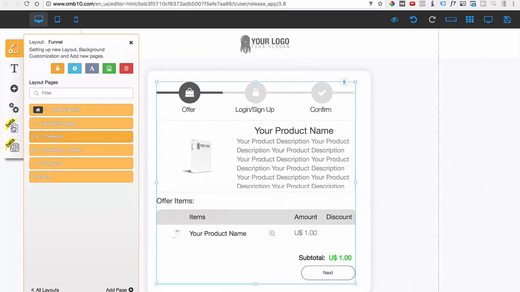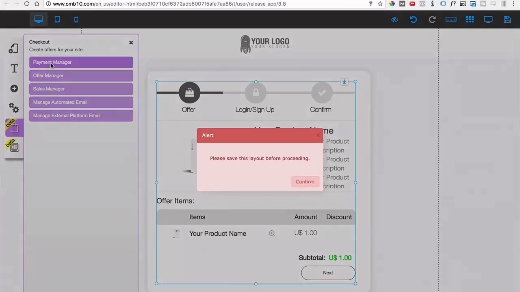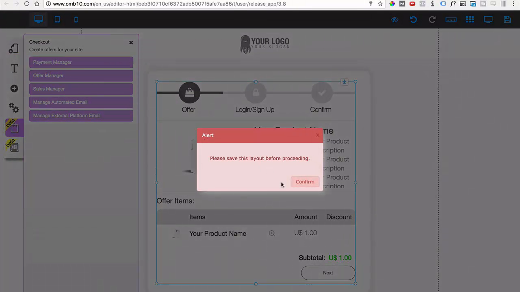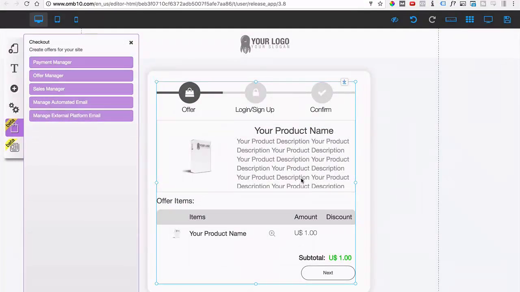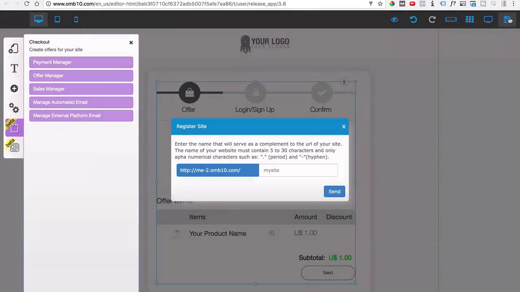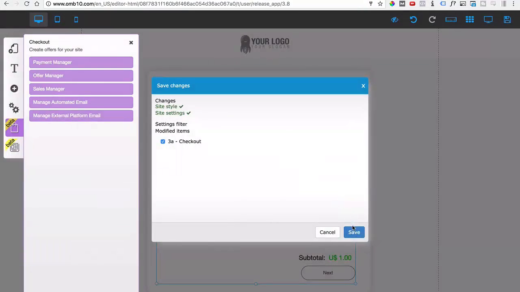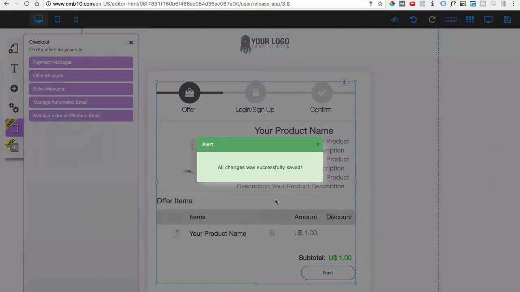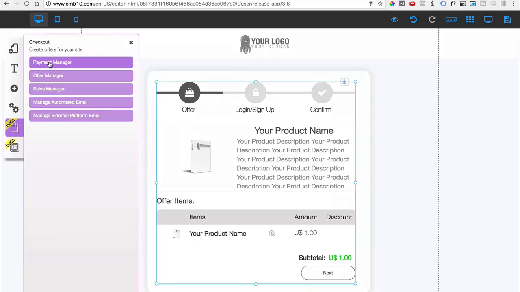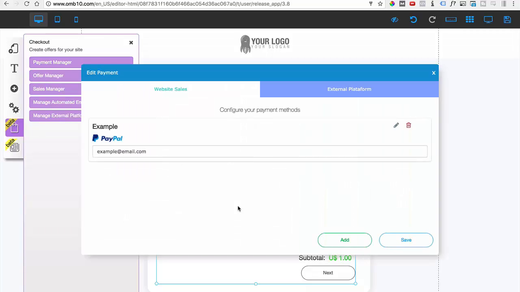Okay, so let's go to beta and payment manager. And you're going to get this message that says, please save this layout before proceeding. So let's confirm. First, you need to save the funnel. Let's go ahead and name it Checkout, send, save. And once it's successful, we can go back to payment manager and set up a payment process,